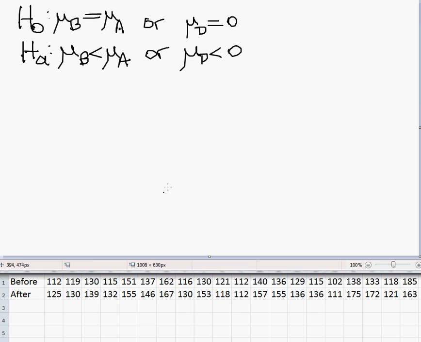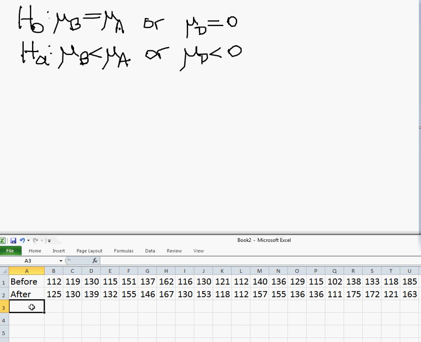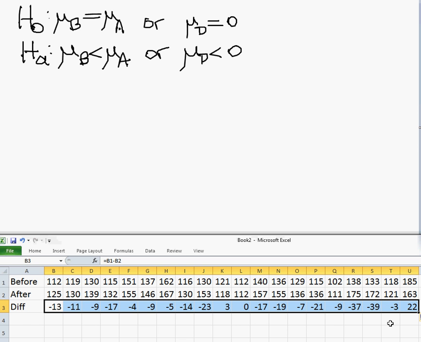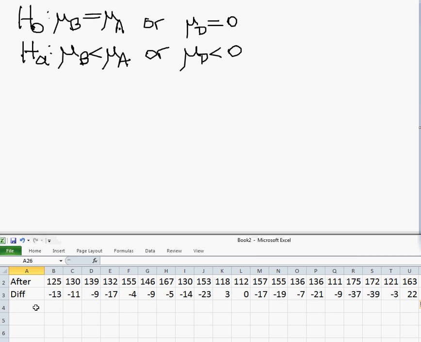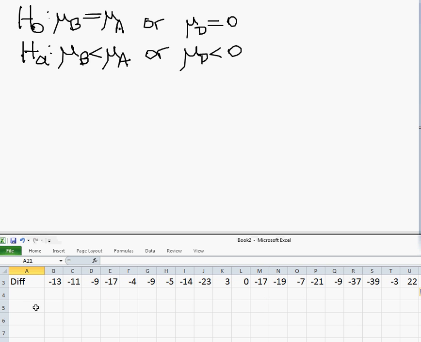Okay, so to proceed, we find the differences, and that'll be B1 minus B2 here. And then if I fill the pattern across, there's the differences. And so the average difference, now that I have those differences, I can basically start scrolling down. Now that I have those differences, what's the most important thing are the differences, not the numbers. So I can basically forget about what the befores and the afters were and just simply look at the differences